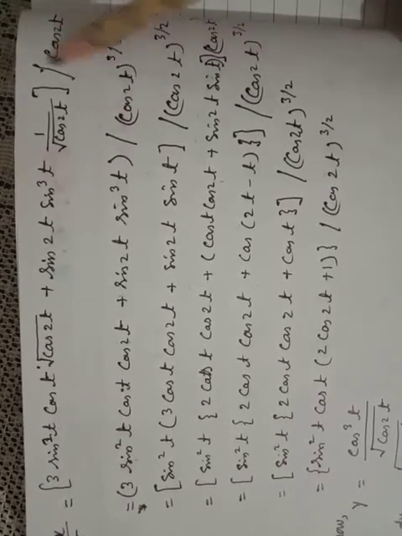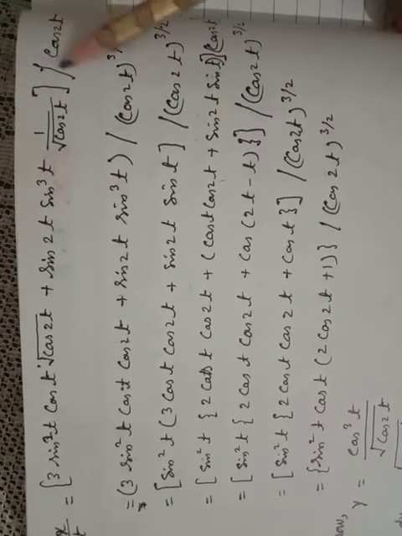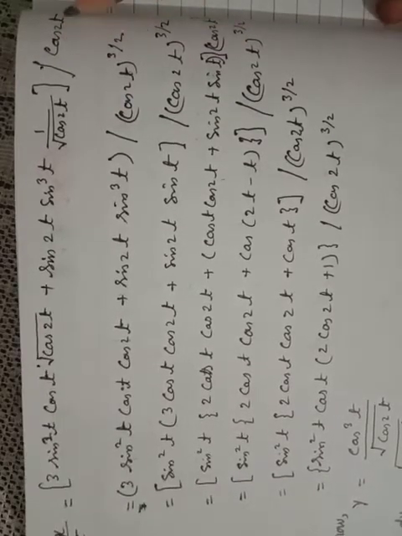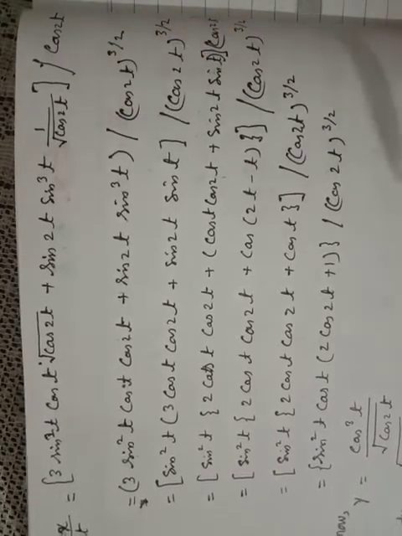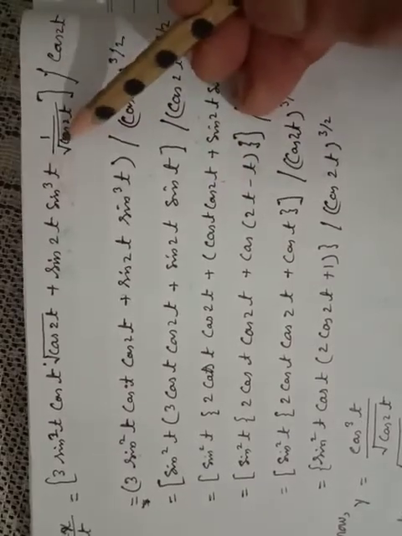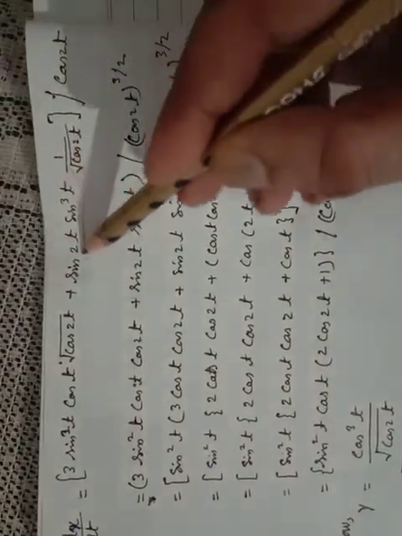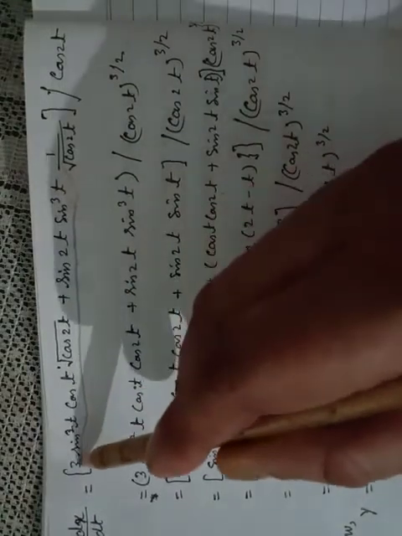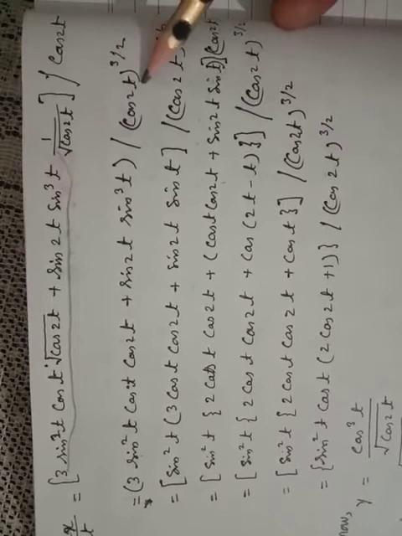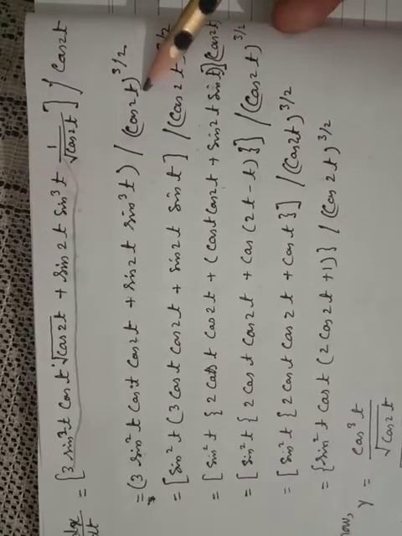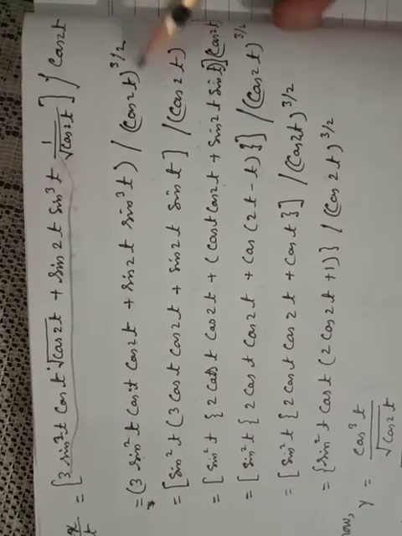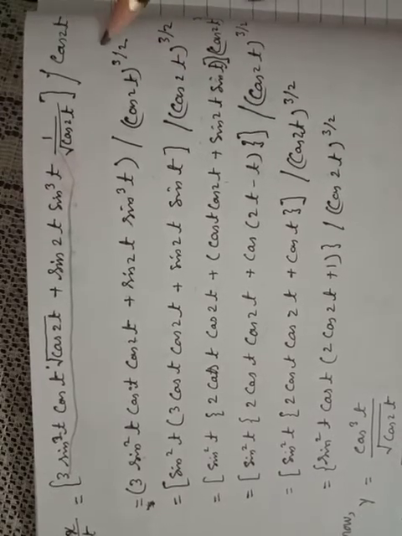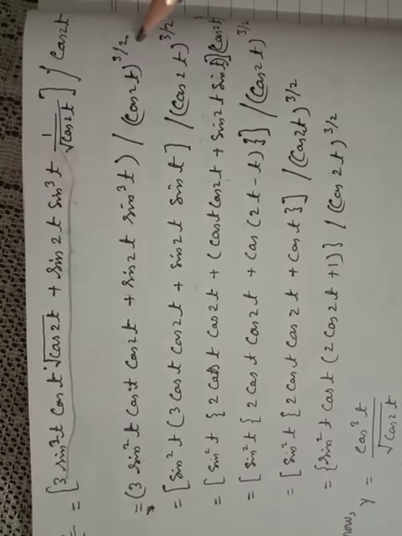Understand? Over cos 2t, because the denominator is squared. Under root cos 2t square means cos 2t, and this cos 2t is not only the one, actually just put the line across the whole expression. And now when under root cos t goes to the denominator, its value is 1 over 2, so 1 plus 1 over 2, that is 3 over 2.